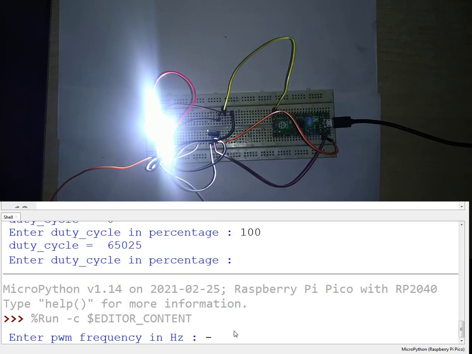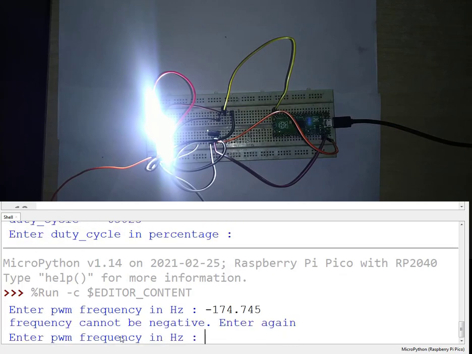For example, if I enter frequency and some negative value, 174.571, suppose I am giving some value which is usually not accepted in terms of frequency, like this is a negative value and a float value.